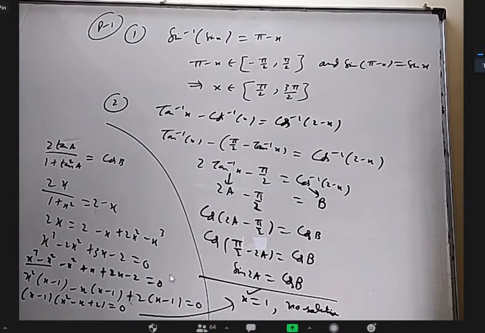You can directly substitute 1 also, you check it very easily. Because tan inverse 1 is pi by 4, cot inverse 1 is pi by 4, LHS is 0, RHS is cos inverse 1 which is 0. Verifying from the options is very, very easy here. But without options, they can ask how many solutions this equation has, what is the sum of those solutions and all. We cannot say one is the only solution just by looking at the question. We have to do all this work.